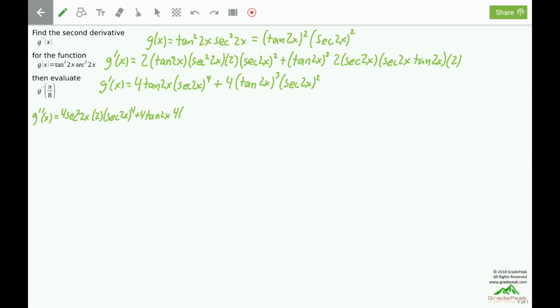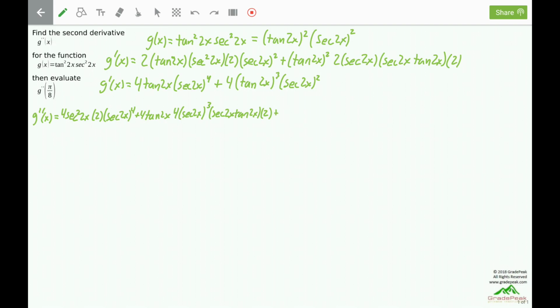starting with a power rule, bring down the power, leave its inside alone, subtract 1 from the power, times the derivative of the inside, the derivative of secant is secant tangent, leave the inside alone, and then multiply by the derivative of the inside to complete the chain rule. It's a double chain rule once again. Plus,